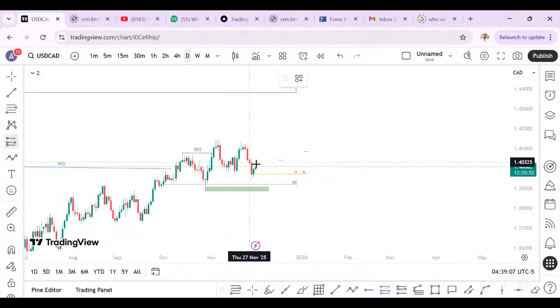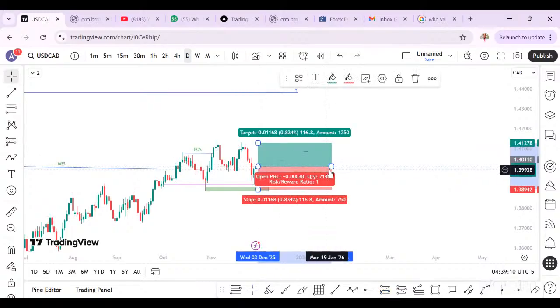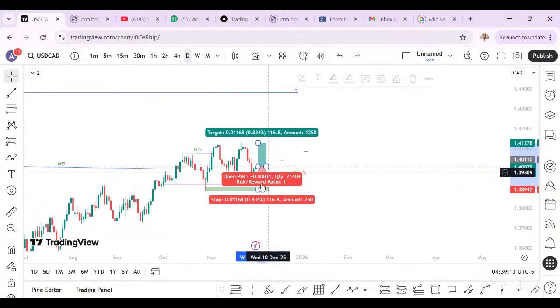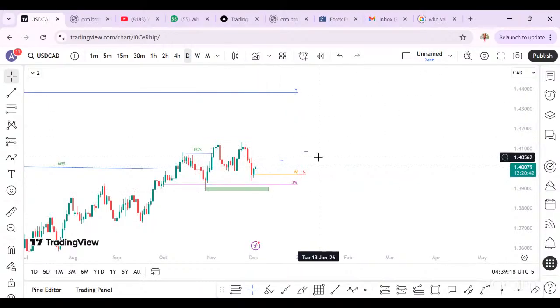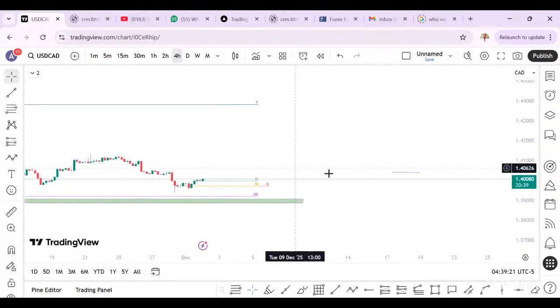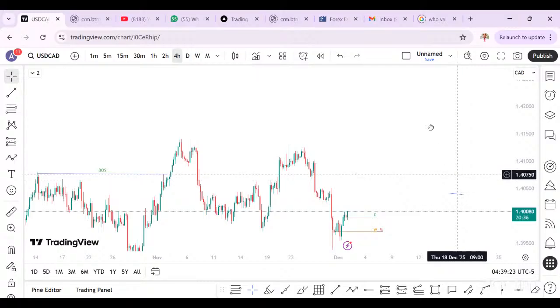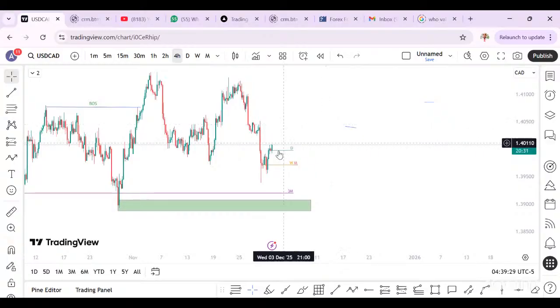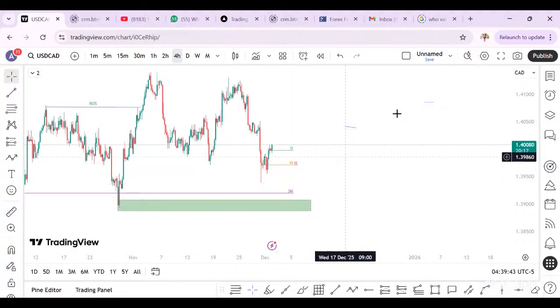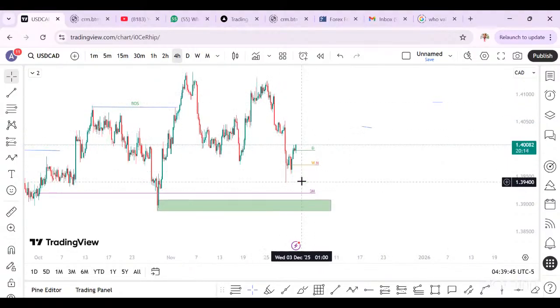Take a risk from here. What would be your stop loss? It's too wide. The stop loss is too wide, 124 pips. It's too wide. So we'll look at USD-CAD. It's good to buy, but price has gone up too much for us to buy. It's not good to put the stop loss here, so let's leave this one first. If it comes down maybe to this weekly or monthly level again, then we can look for a buy. But the bullish view is very good. It's good to buy.